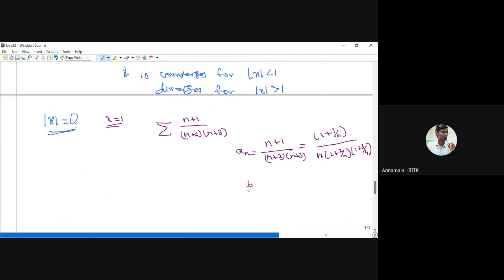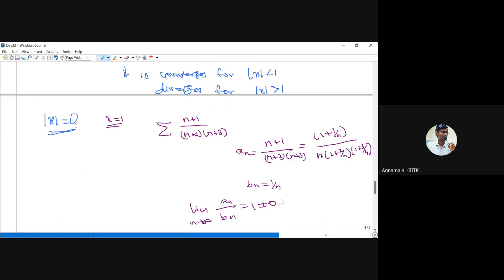Now, choose bn equal to 1 by n and then find the limit an by bn. So, again, this n and this n cancel. If you take limit n goes to infinity, you will get 1. It's a non-zero number. So by the known theorem, both an and bn have the same behavior,